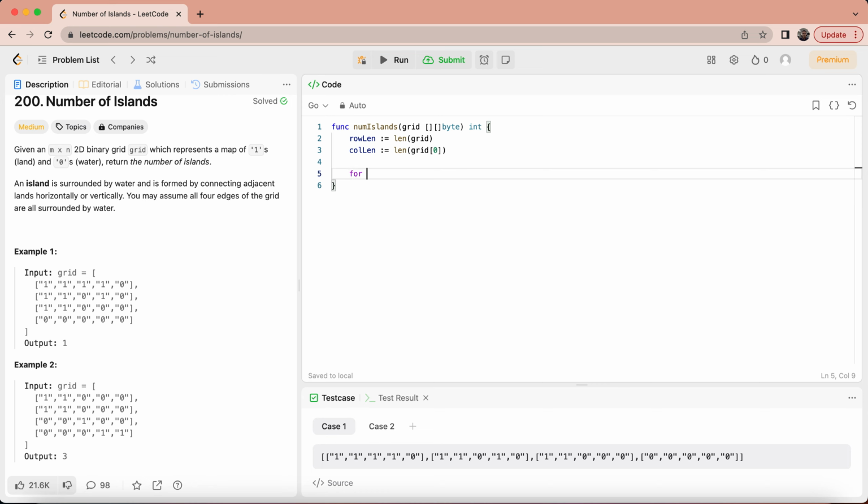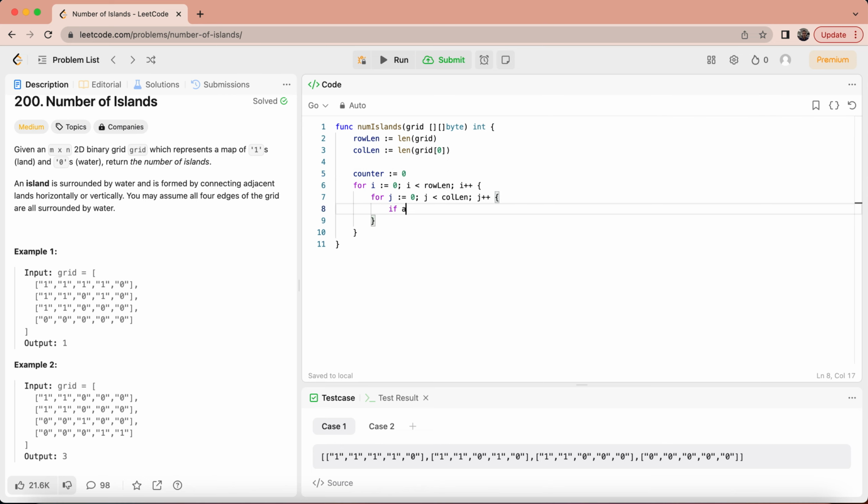So we know the normal traversal: i equal to 0, i less than row length, i plus plus, for j equal to 0, j less than column length, j plus plus. We need a counter here, so let's say counter is equal to 0, and we'll compare. Say if grid i j is equal to 1, then counter plus plus, we increase the counter,